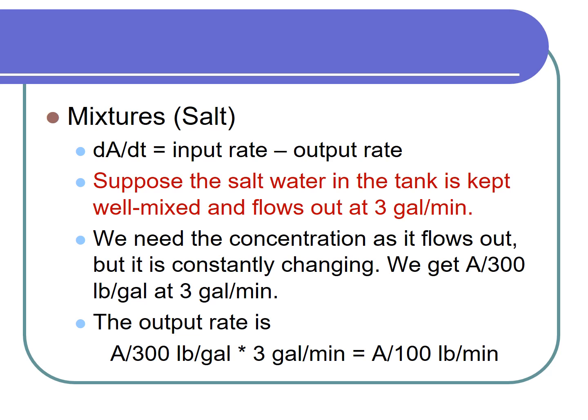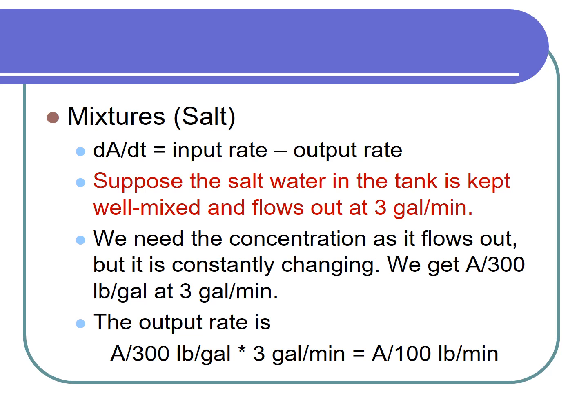Suppose the salt water in the tank is kept well mixed and flows out at the rate of 3 gallons per minute. So we have that additional information. Well, we need to figure out what's called the concentration. How much salt is in the water that's flowing out? The problem is it's constantly changing. So we have to ponder a moment and realize, well, at any given moment, we have A pounds of salt in the tank,